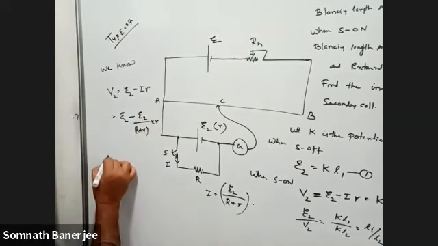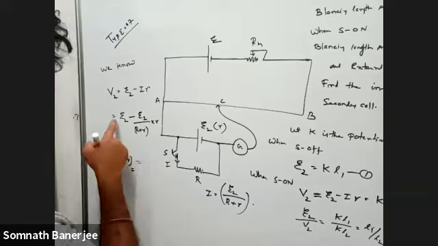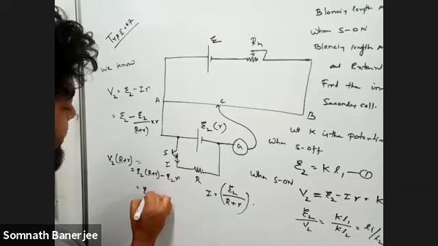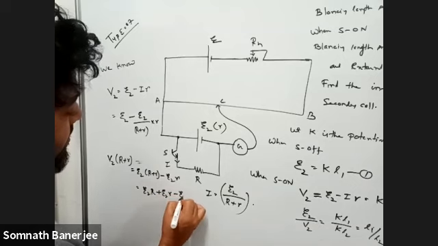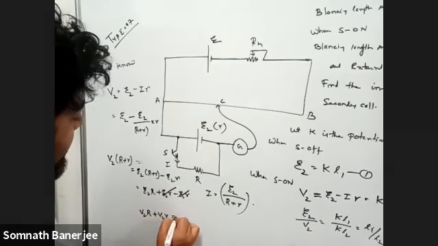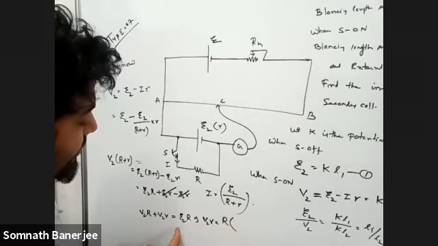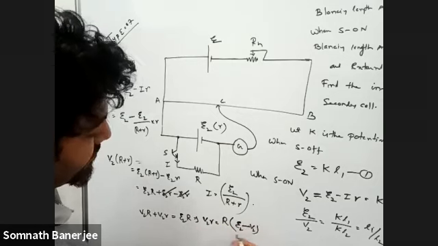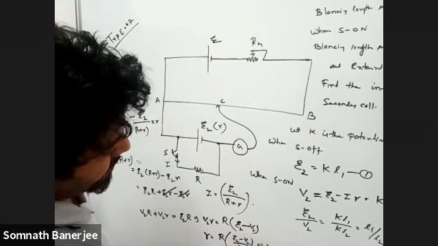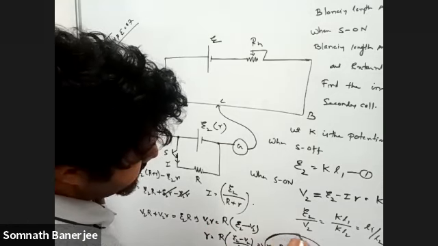Then V2 into (R plus small r) equals, if we multiply this, E2 (R plus small r) minus E2 R. So E2 R cancels out, leaving V2 into R plus V2 into small r equals E2 into small r. Moving V2 R to the other side and taking r common, r into (E2 minus V2) equals V2 R, so small r equals capital R into (E2 minus V2) by V2, which means small r equals capital R into (E2 by V2 minus 1). So that one is the formula.